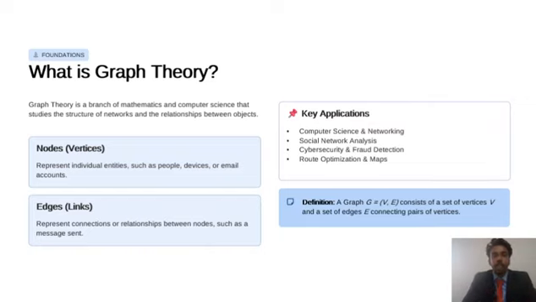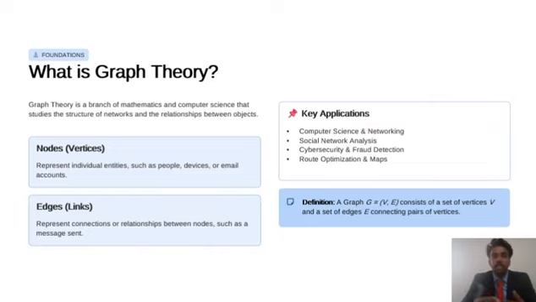different objects. A graph mainly consists of two elements. First is nodes or vertices. Nodes represent entities such as people, computers, or email accounts. And second is edges or links. Edges represent the connection or interactions between nodes. For example, in a social network, users can be represented as nodes and friendship between users can be represented as